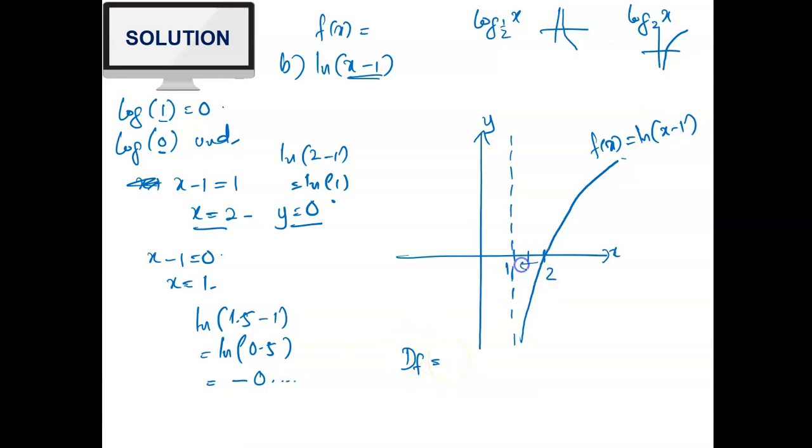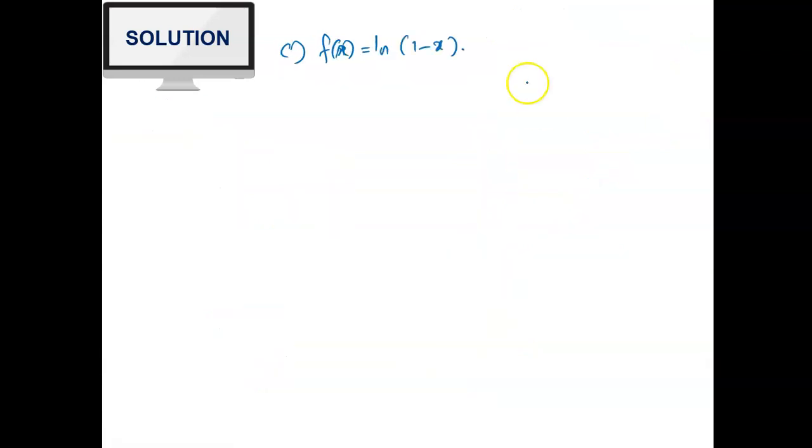X approaching 1 and to positive infinity, so 1 to positive infinity. And the range of this function? The range is all real numbers, from positive to negative, so all real numbers. Okay, now, again,